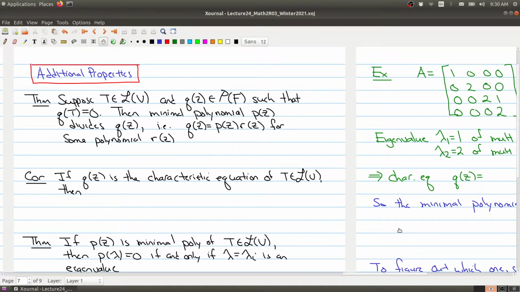So welcome to lecture 24, part 4 for Math 2R03. We've now introduced characteristic polynomials and we've introduced minimal polynomials. In this last part here, I just want to talk about some properties of these two polynomials and how they're